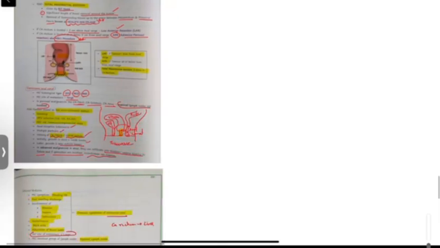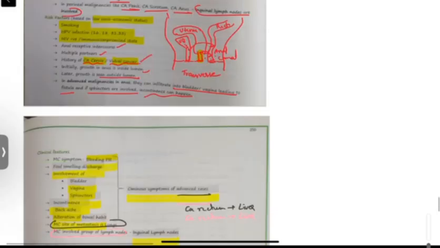So this was about CA rectum and anal canal. The treatment here is basically excision of the tumor, other than that chemoradiation only. The anal canal is just like a passage, so you can't remove it and all. So the only thing you can do is this Nigro regimen. Okay, any doubts?